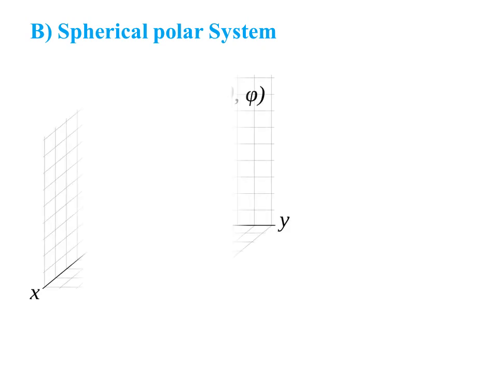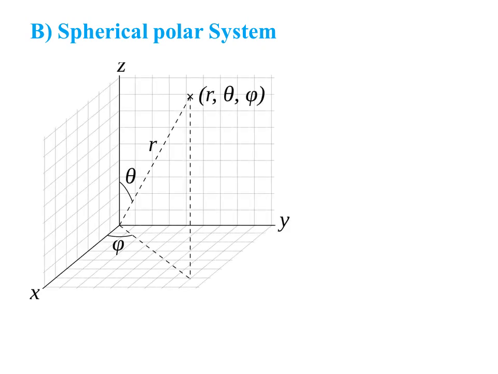Next, we are going to deal with the spherical polar system. So try to understand this system properly. See the figure. Here we have again considered the x, y and z axes. Now this point P, O and M we have considered in terms of a triangle, right angle at M.